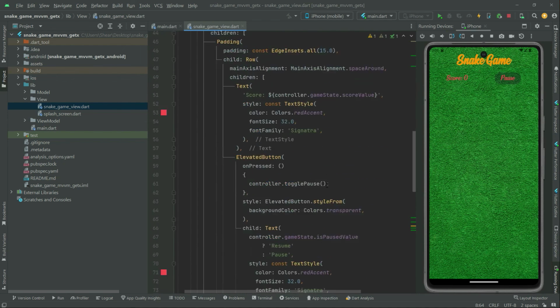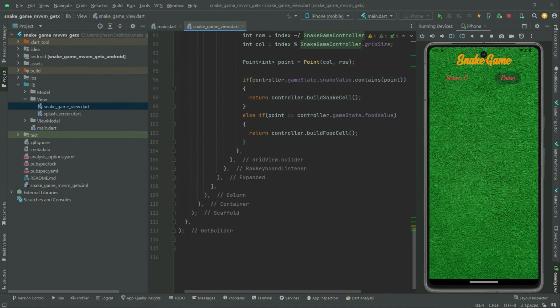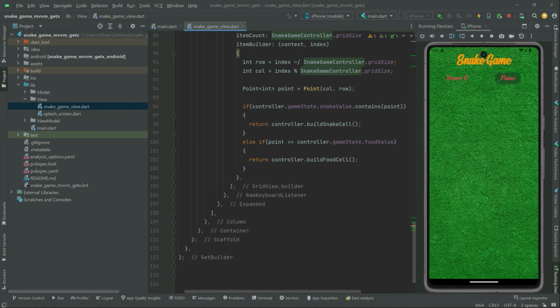Okay, so basically if the point will be equal to that represent the food location, then we will just return in here and call upon that specific method, okay, from the snake game controller with the instance name over here. We call upon that build food cell, so it's gonna just create the food cell then. And right after that, simply we'll say else,